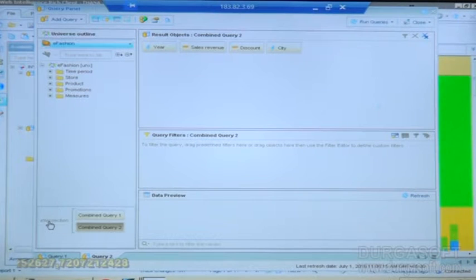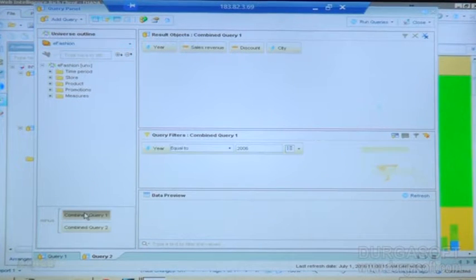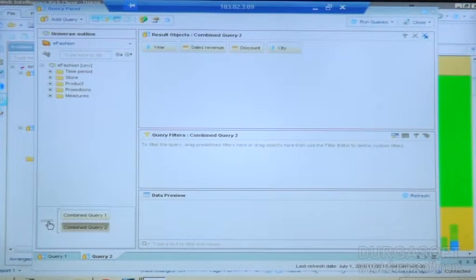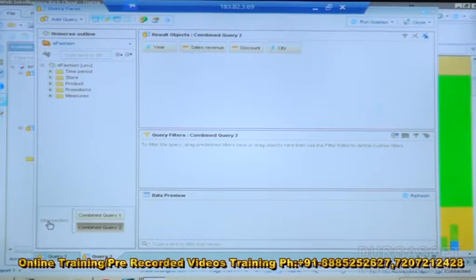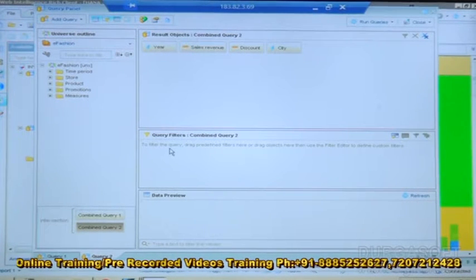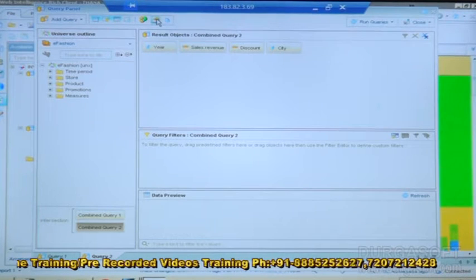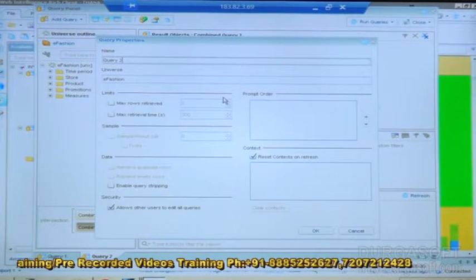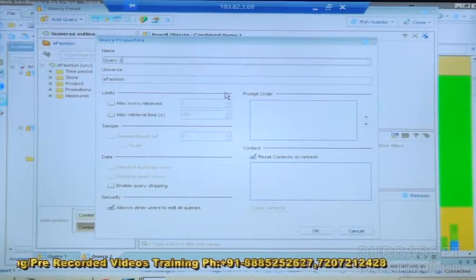So it's a union, intersection, we have minus, union. These three options will be performed. So you can add query 1, query 2, you can combine them at one place, you can do a union, we can do an intersection, where we get the common records, all those things will happen. Similarly, we have query properties for each and everything. This shows the query properties of each and every query.